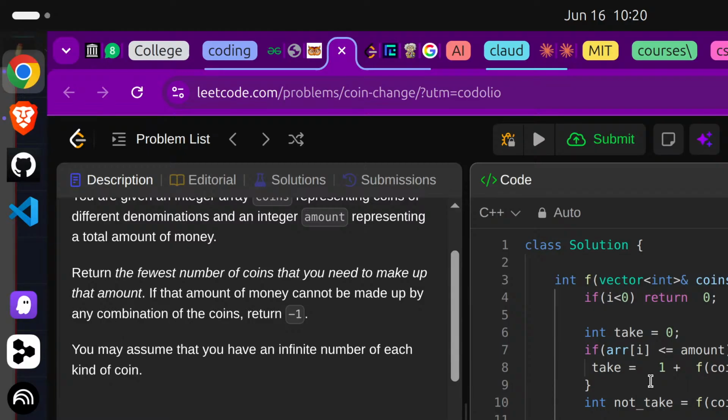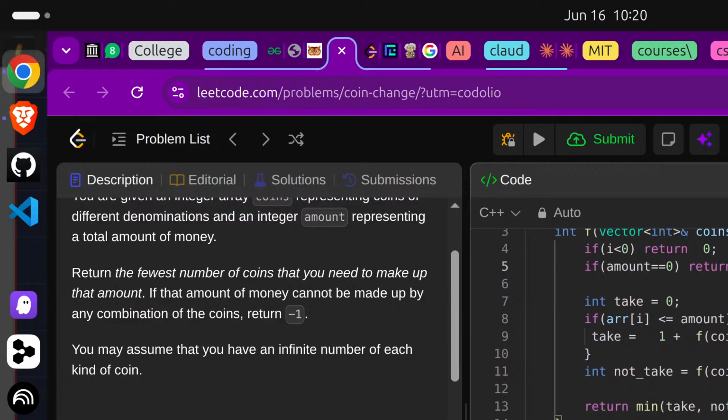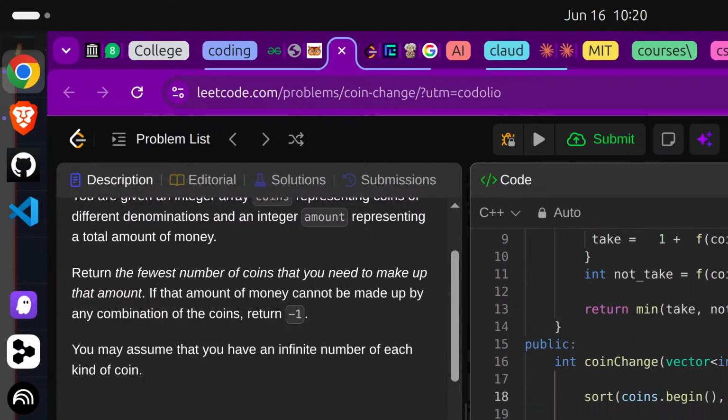Okay, alright. And when we will return 1, in that case we will return if amount becomes 0, right? If amount is 0, return 1, right, in that case. Okay, so these are the cases. I think we are going good from here. We can drag it down, but before that,